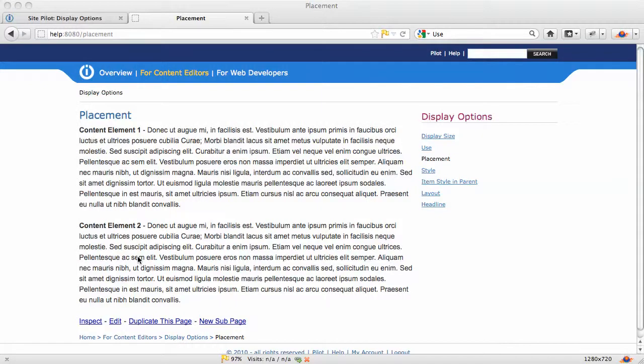The placement display option is pretty straightforward here. You're going to place an object to the left, to the center, or to the right side of the page. By default, everything is placed to the left, but you can certainly move it to the center or right very easily. Now again, this is similar to what we covered when we talked about the use attribute, in that